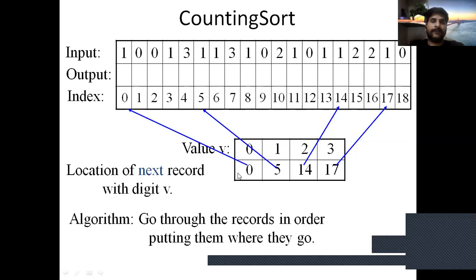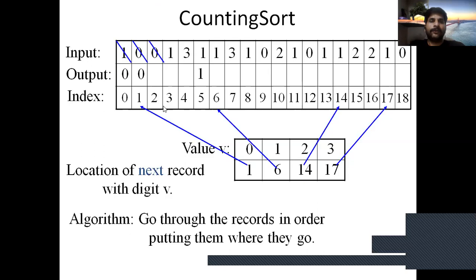Now, 1 is placed in the fifth position, the index value from this. After placing the value, this is incremented by 1. Next 0 is placed from 0 and incremented by 1.